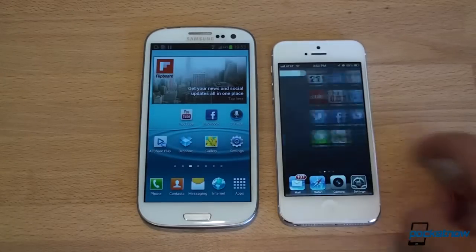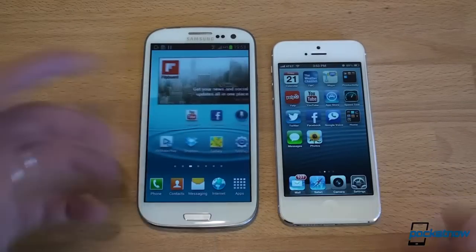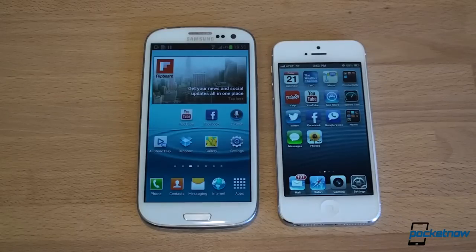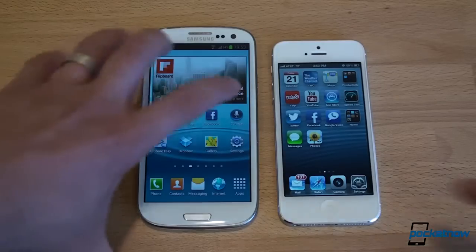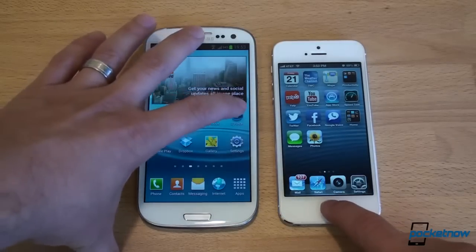Next, let's test S-Voice versus Siri. And Siri's been improved in iOS 6, and the iPhone 5 kind of gets it done faster. So let's go into S-Voice. We'll tap and hold. And